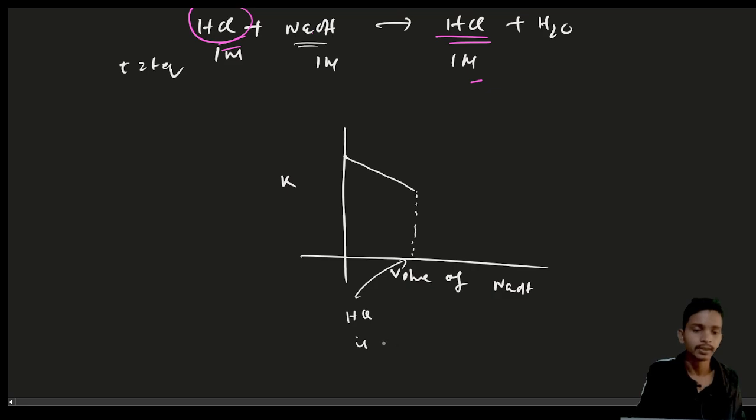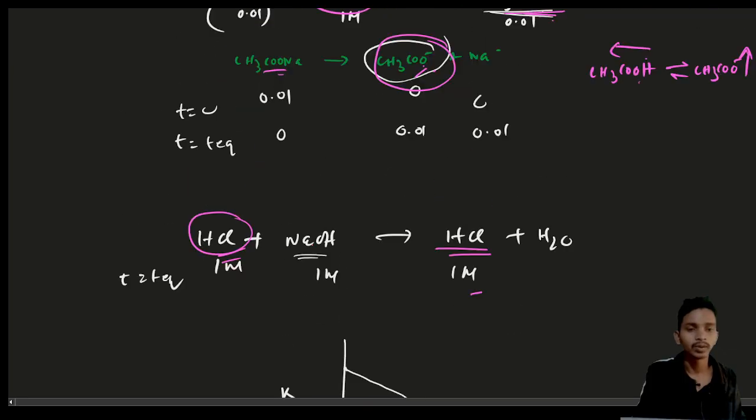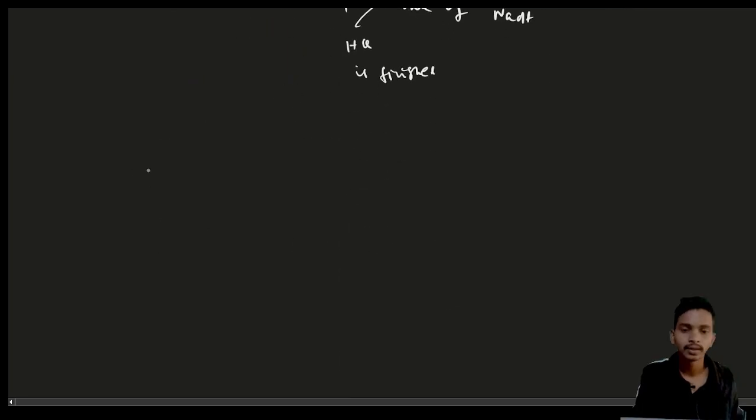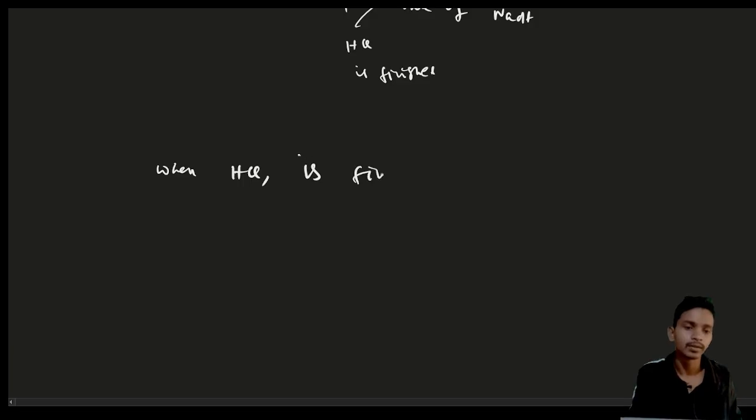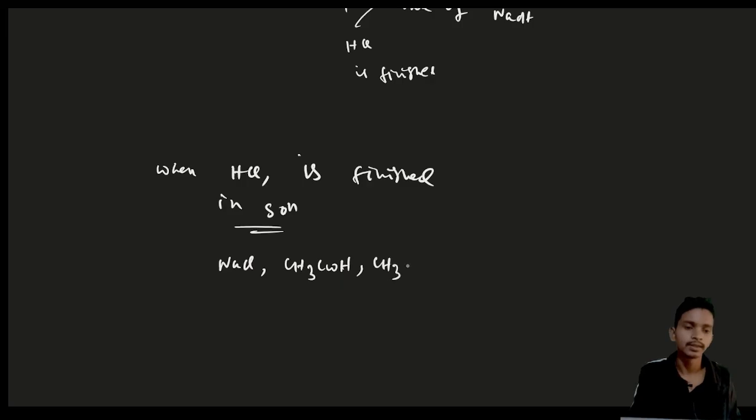HCl is finished. Then if we are adding more and more NaOH, then CH3COO minus is there. In this, after HCl is finished, what is there in the solution? NaCl is there, CH3COOH is there, CH3COONa is there, and water is there, and you are adding